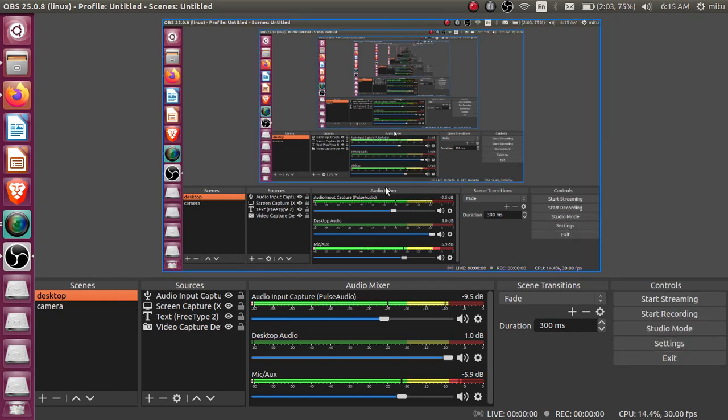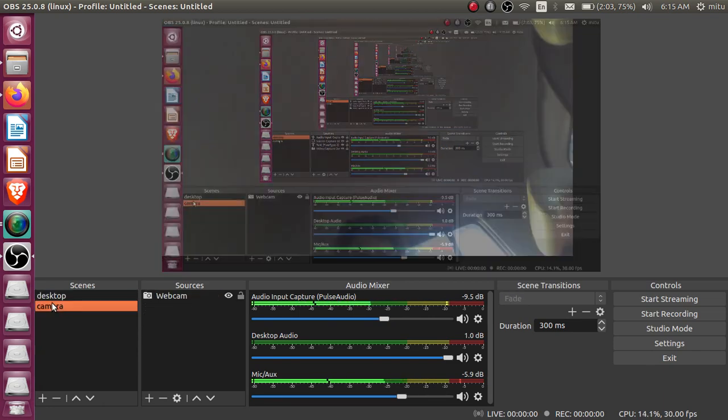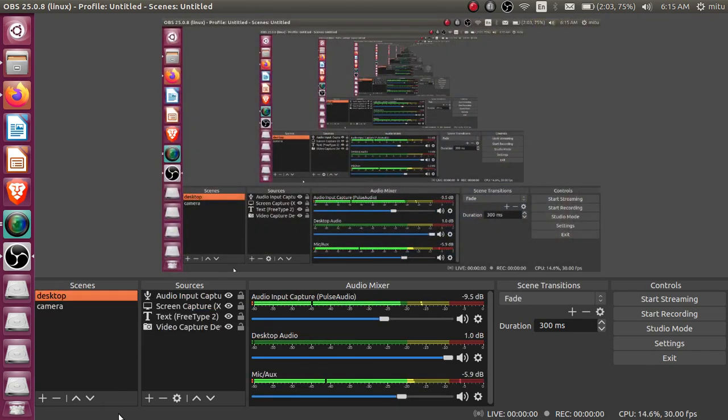So similar kinds of options are present. OBS Studio can be used for both Windows and Linux operating systems. Here the switching of screens is possible, but generally we don't require the person who is talking. The main part is to have the tutorial; the perfect, practical-based tutorial should be present, so we can make use of this. So this is the desktop, and if you go to the camera option, you can see the camera. So desktop and camera, both can be chosen, and we can switch from desktop to camera, camera to desktop, by using OBS Studio.